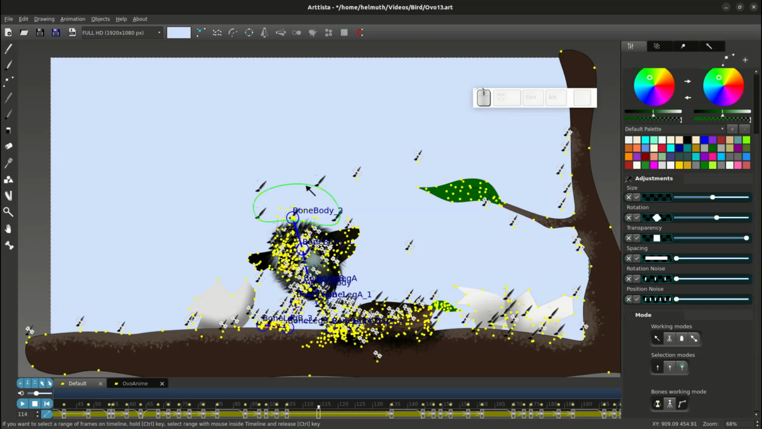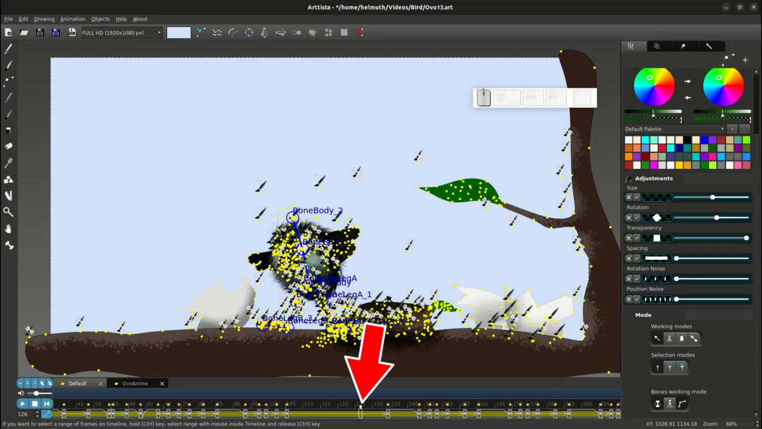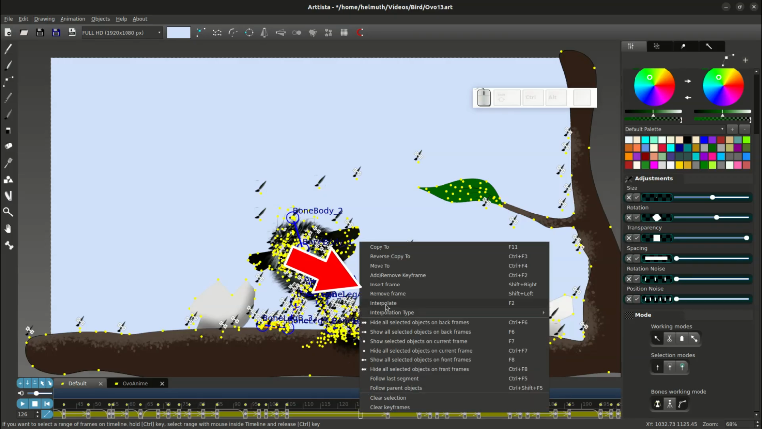Just as you can insert frames and push the animation forward, there's now a new option that does the opposite. It removes the current frame and pulls the rest of the animation from that point onward one frame backward. To use it, move to the desired frame, open the menu and choose Remove Frame, or simply press Shift plus